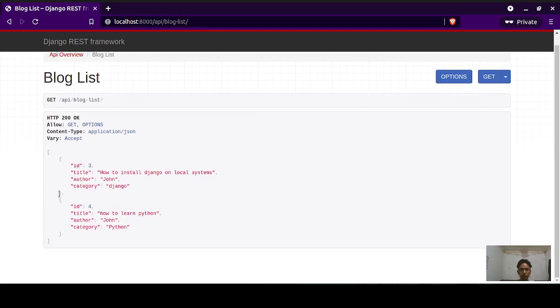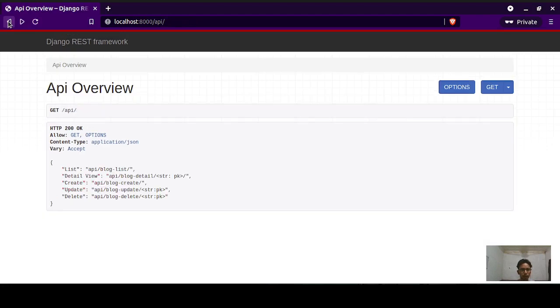So these are the blogs that we have in our database. Right now we have only 2 blogs in our database, and I will actually show you where this result is actually being fetched from, right? Then the second endpoint, if you want to see a particular blog in your application, you can easily see that as well, right?